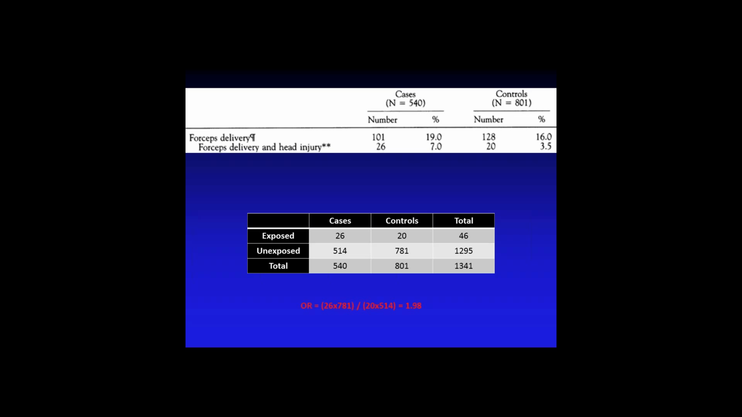And so if we go in there, you can see this association right here. I calculated it a little bit differently, just for reasons of example: 26 times 781 divided by 20 times 514. I took the 540 and the 801 and made my 2x2 table. I know I had 26 cases that had forceps delivery, so 540 minus 26 is 514. I know I had 20 controls that had forceps delivery and head injury, and so 801 minus 20 is 781. You can see how I made that 2x2 table. So my A times D divided by B times C gives me an association of 1.98 right here,